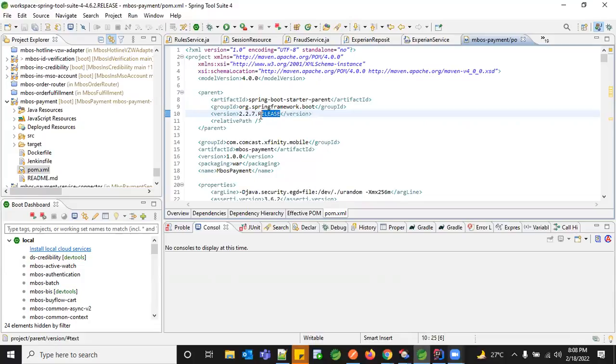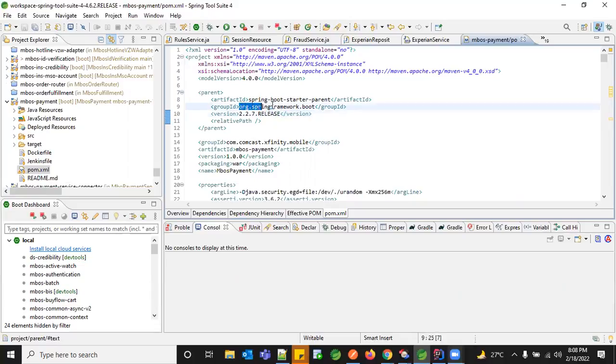And in a few cases you might observe this as snapshot. So the snapshot is nothing but it is not a direct fixed version. It's like a base version has already been created, but it is not in the higher environment. It's not in production. It is in the lower environments, like your testing environments. Then you'll have it as a snapshot. So this would be the versioning which we follow usually in our services.